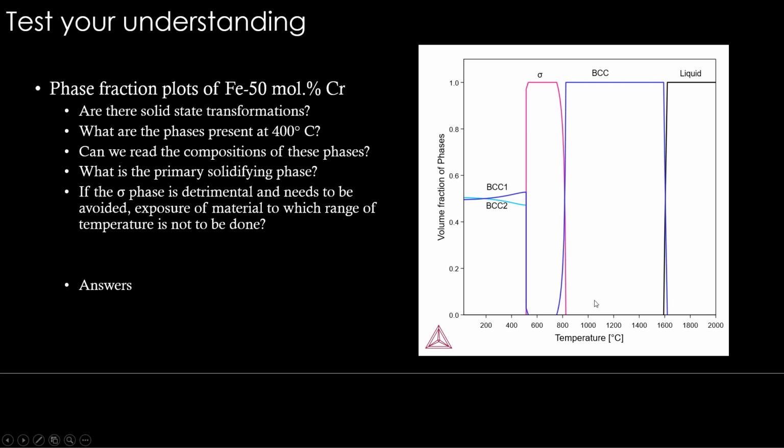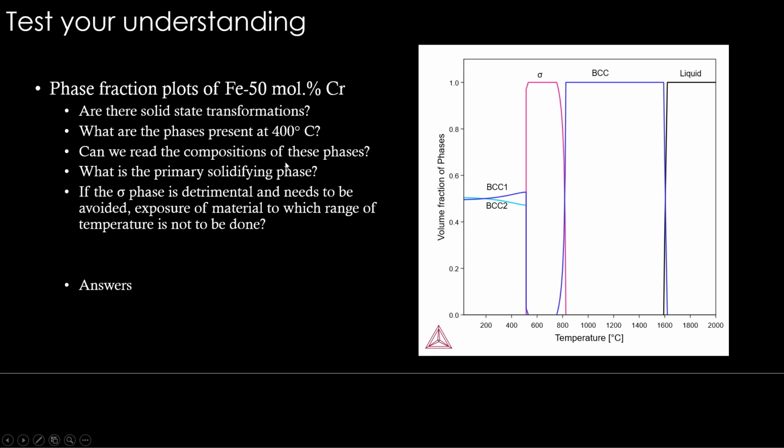This is not a phase diagram. In a phase diagram, every pixel means something. This is not a phase diagram. Okay. So here, this is like a graph. It tells you how the y-axis value changes with respect to x-axis value. Okay. How the volume fraction of phases change as a function of temperature. Right.